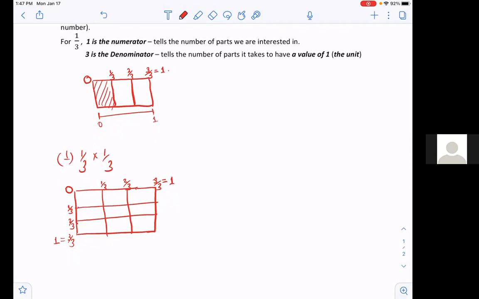Now, we want to find the final answer. What is a third times a third using this square grid? So horizontally, I need to shade the part or the piece that represents a third. And vertically, it's also only one part vertically that represents a third from 0 to a third. So basically, a third times a third will simply be represented by that one shaded part. Now, how do we tell our final answer? Final answer,